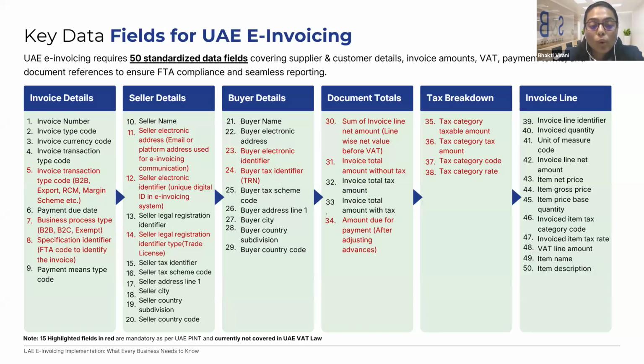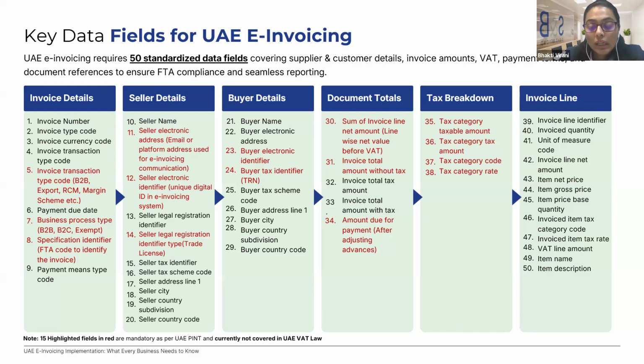So basically, the invoice going forward from 1st Jan 2027, whatever invoice gets generated, the invoice is required to capture all these data fields. So if you see on the screen, there are 50 standardized fields which an invoice is required to capture. These 50 fields were prescribed by the FTA in the consultation paper which was issued in Feb. While we are awaiting final confirmation on the exact data fields, the final version should align to these draft data fields, and we can start working on configuring them for the time being.